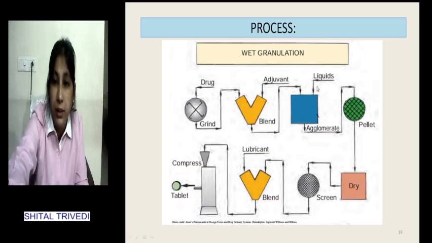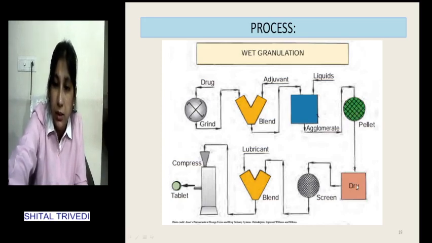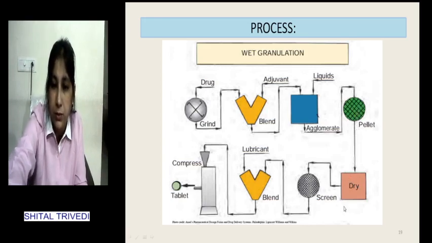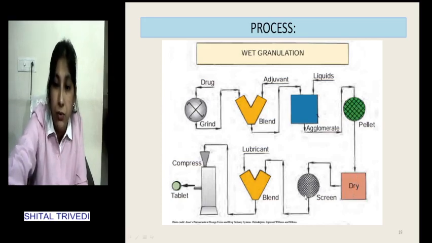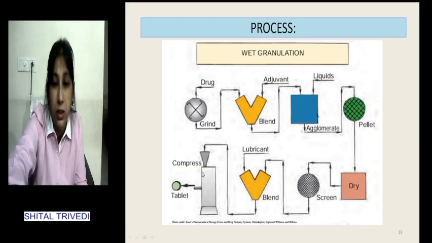So the granulating fluid can be added into the dry mix, and then this can be screened for the wet granules. Usually a 10 to 12 number screen is preferred, and then these wet granules are dried in a suitable dryer like a tray dryer or FBD, and then further dry screening is required to get the desired size and size distribution, and further blending with the lubricant and glidant, and it is ready for compression.